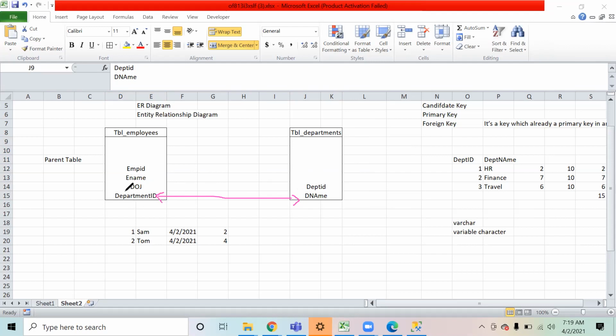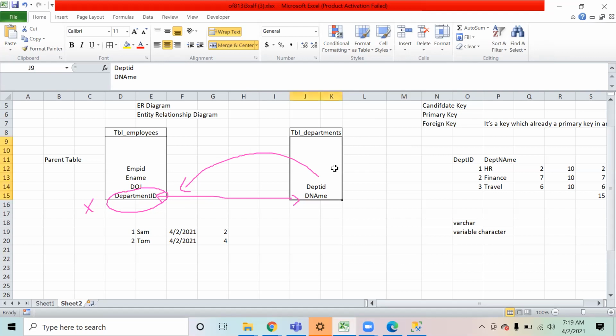Now department ID cannot be a primary key because we can have multiple employees working in the same department. So it doesn't have a chance of getting to be a primary key. If it cannot be a primary key, it cannot be a foreign key also, because it cannot be referenced as a foreign key. So in the table departments, employee ID was also mentioned apart from department ID and department name.